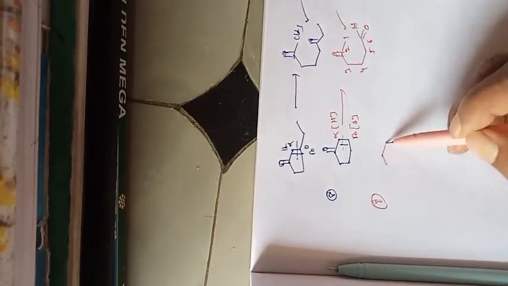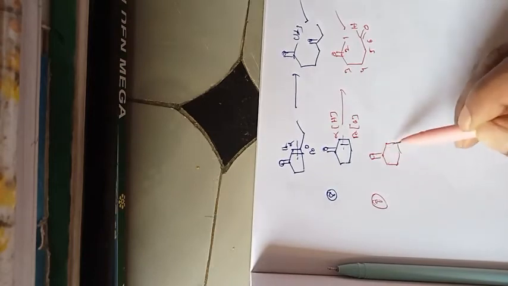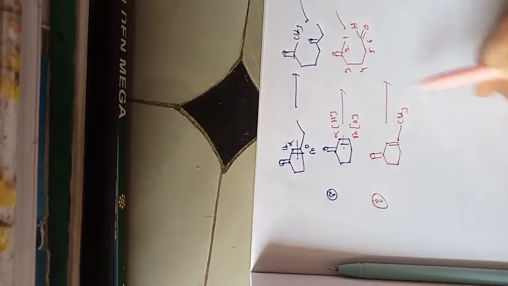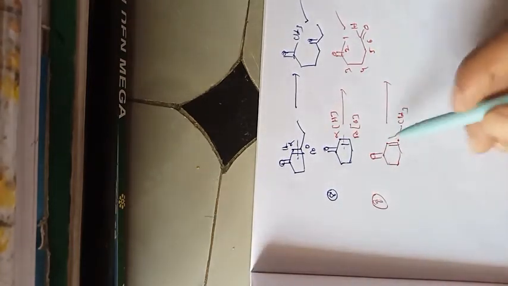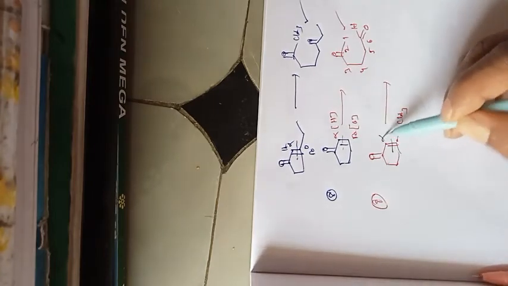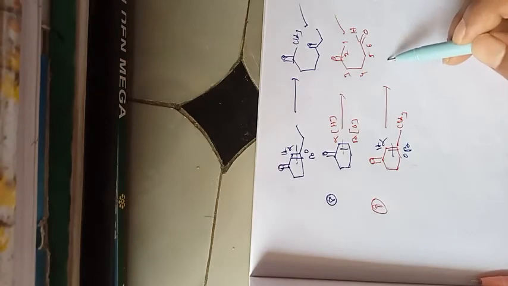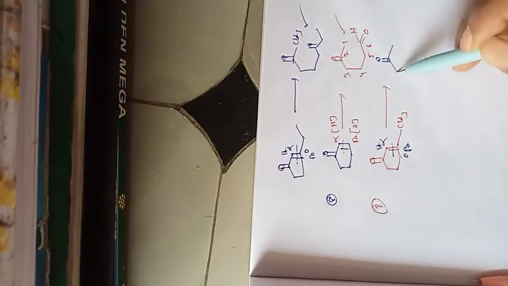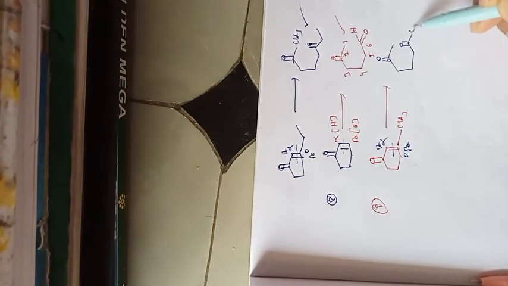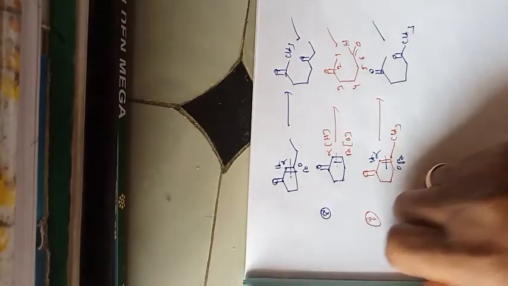So the 9th one, alpha, beta and CH3, and what are the reactants? You can see that here is the alpha position and this is beta. At alpha add hydrogen, at beta oxygen. So this is the C double bond O and C double bond O and CH3. So this is the correct answer.